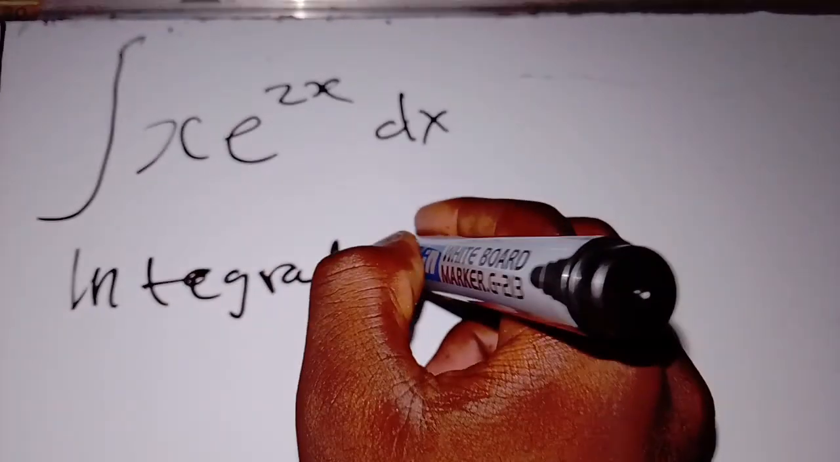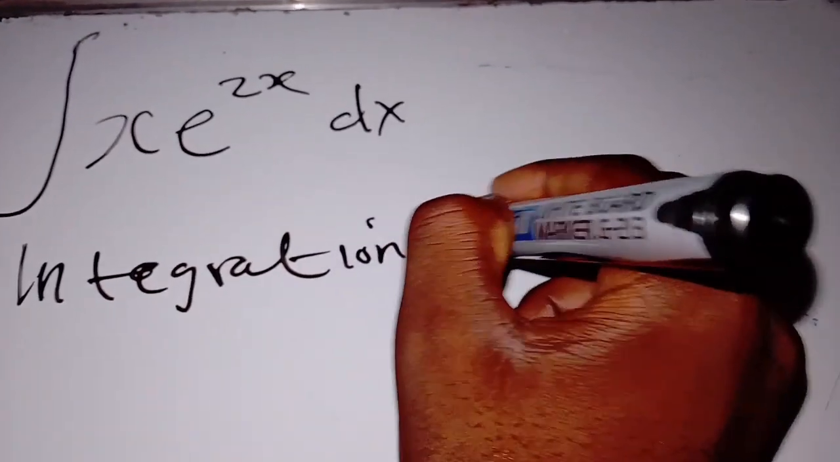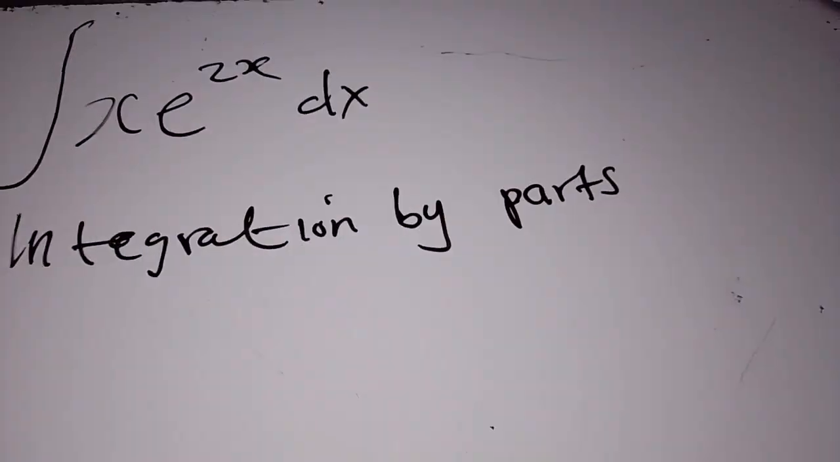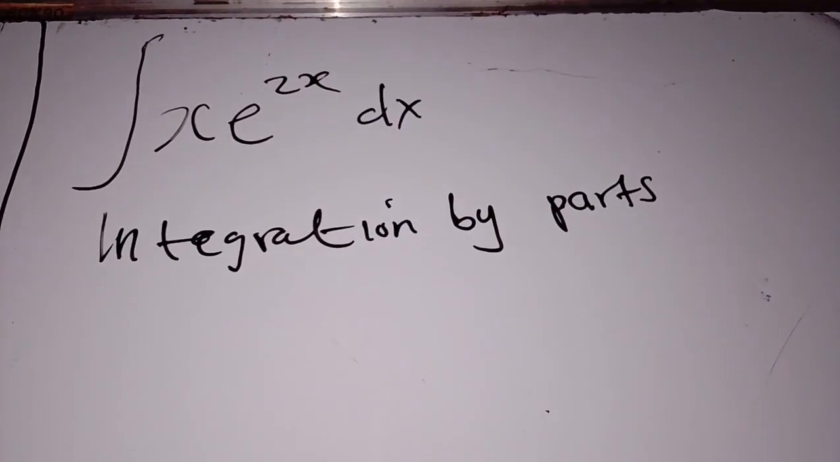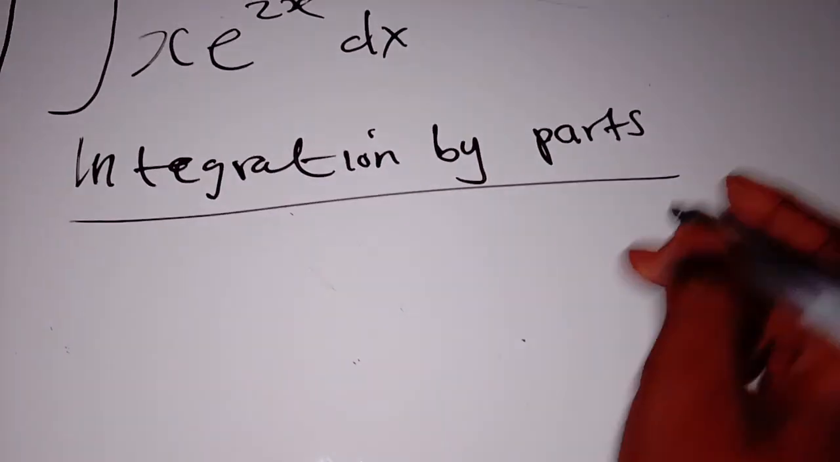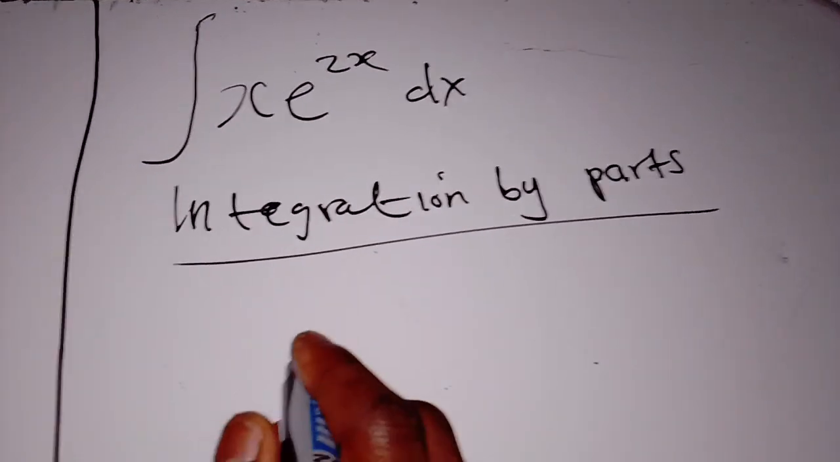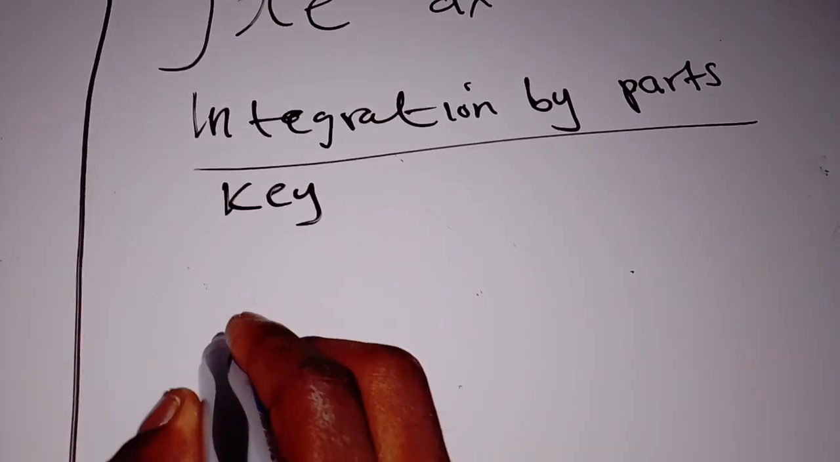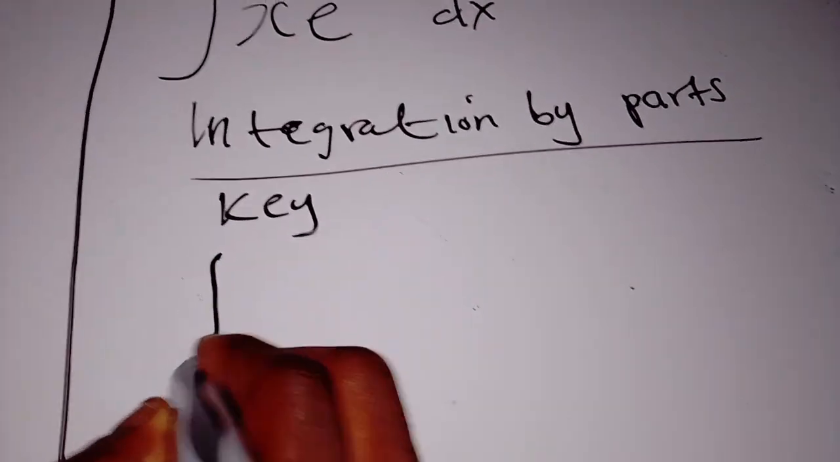Integration by parts. Okay. So under integration by parts, we are going to say the key is if you have got, for example, the